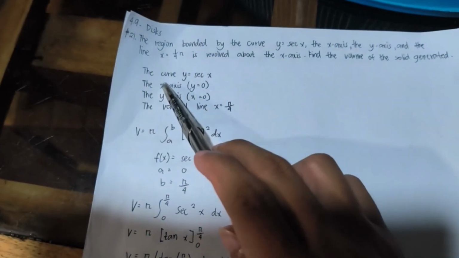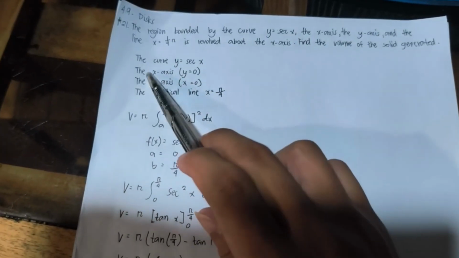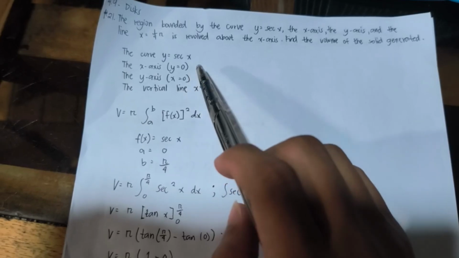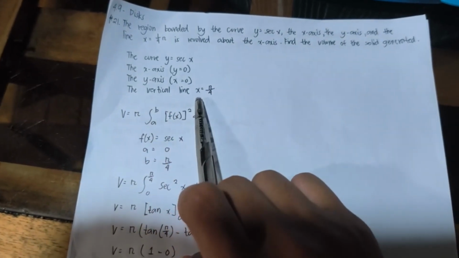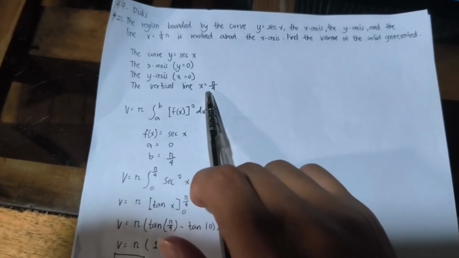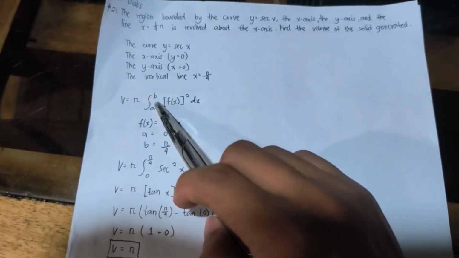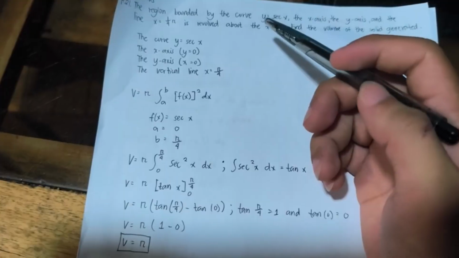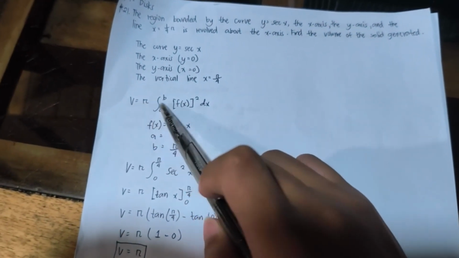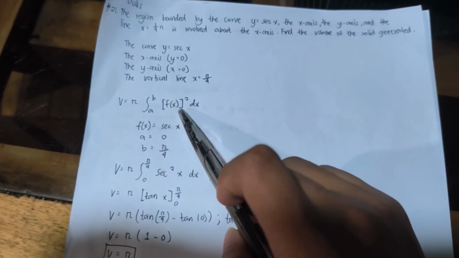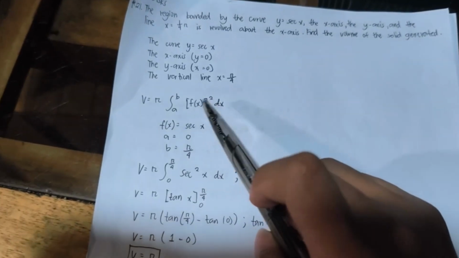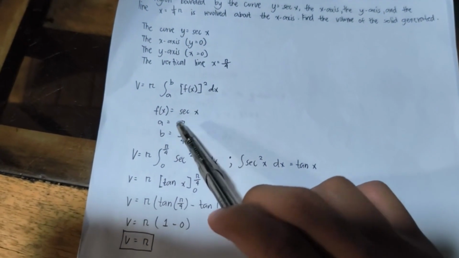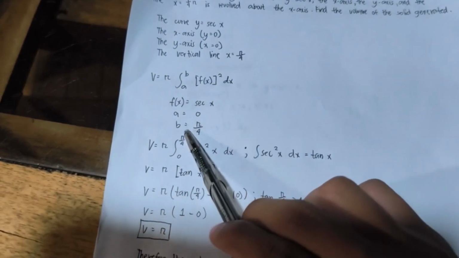So we have the given curve y is equal to secant x, the x-axis y is equal to 0, and the y-axis x is equal to 0. And the vertical line is x is equal to pi over 4. So we use this method where the volume of the revolution about the x-axis is given by volume is equal to pi, the integral of f of x squared dx from a to b. So our f of x is secant x, and our a is equal to 0, and our b is pi